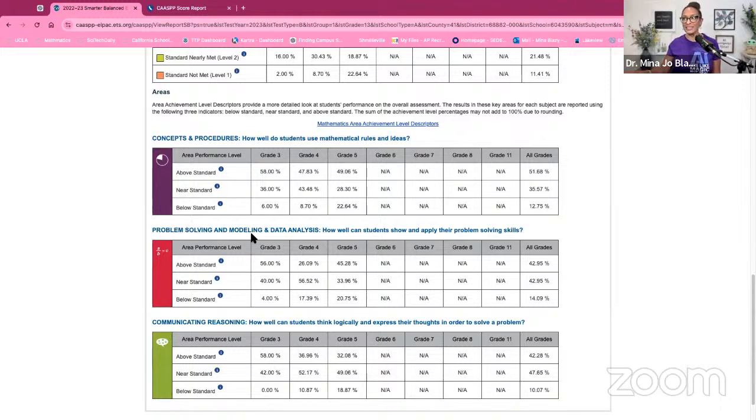So problem solving and modeling and data analysis, like how well can students show and apply their problem solving skills? And then communicating and reasoning, how well can students think logically and express their thoughts in order to solve a problem? Now, again, I know I'm giving you a whole lot of information, so breathe. You can pause it, you can come back, take notes. But what I want to do, I'm going to slightly move this forward so I can reach it, is this time I'm going to